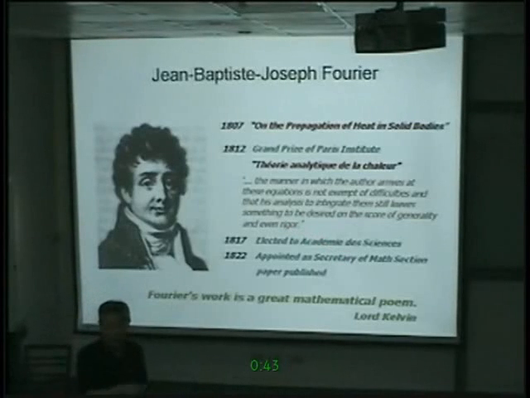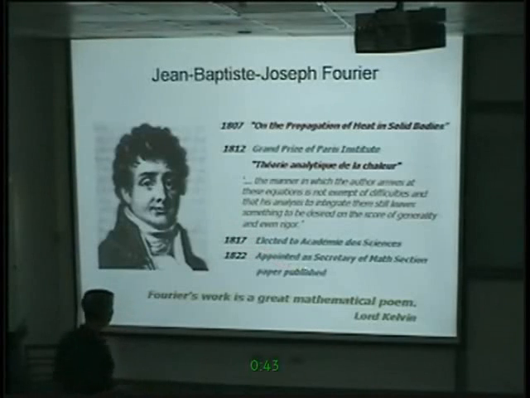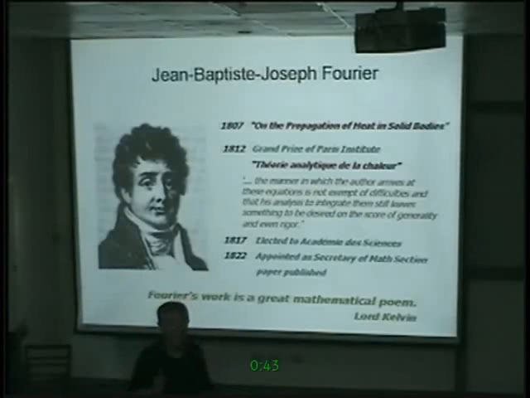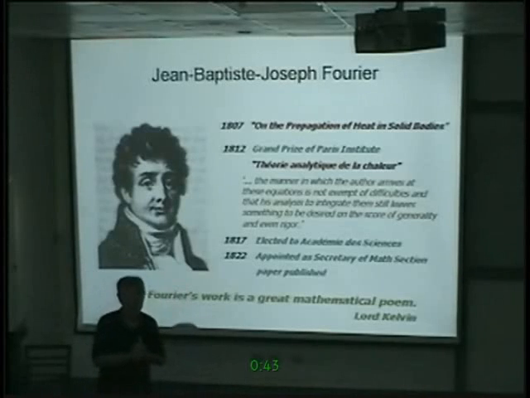At that time, Lagrange died, and he was elected to that seat. Five years later, he was appointed the secretary for the mathematics and physics section. Secretary means that he ran the whole academy of that particular section. So he ran mathematics and physics. He said, all right, now I'm in charge. I think my thesis can be published. So he sent his thesis to be published. The 400-page thesis was published